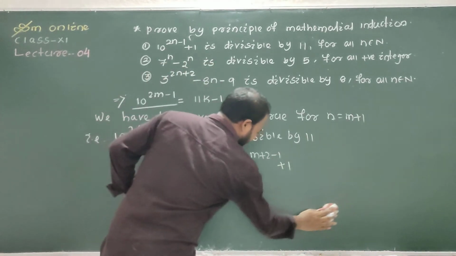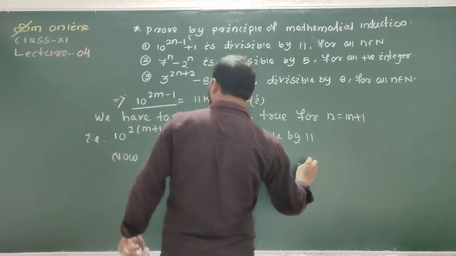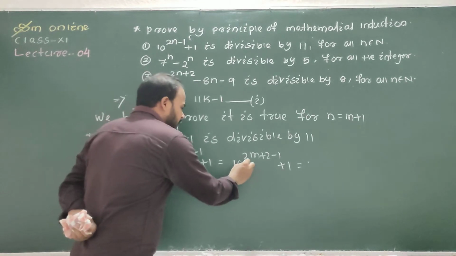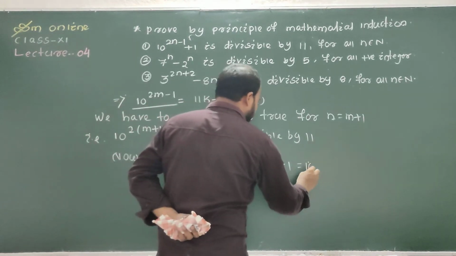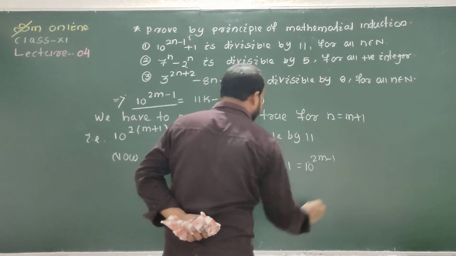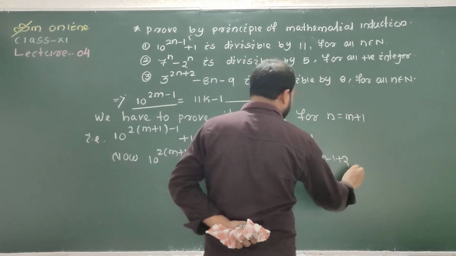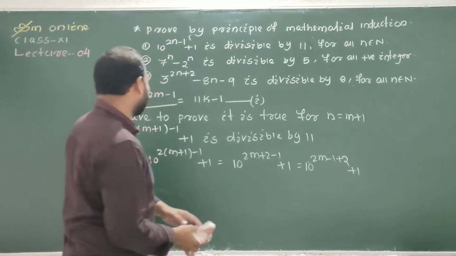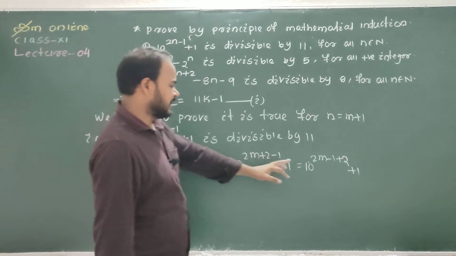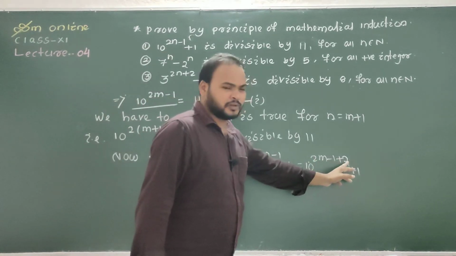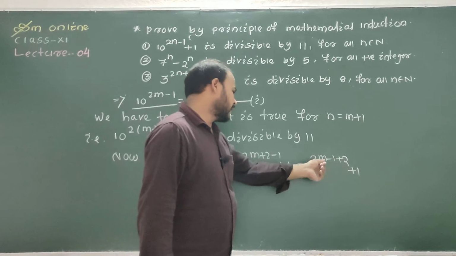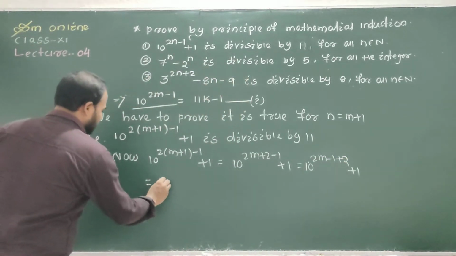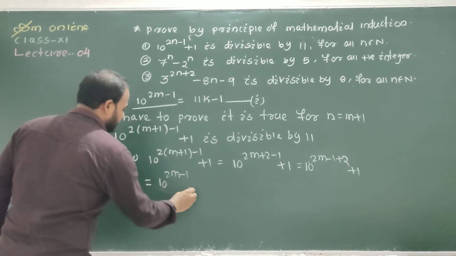Separating, this equals 10 to the power 2m minus 1 plus 2 plus 1, that is 10 to the power 2m minus 1 into 10 square